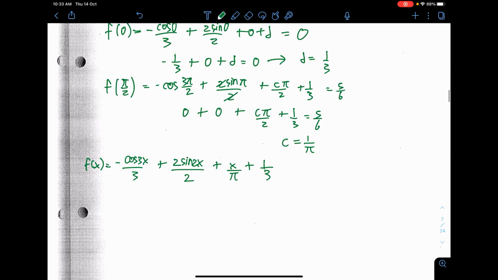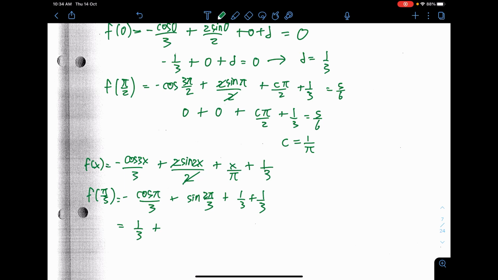Okay, sub in pi over 3 inside. Negative cosine of pi plus, okay, I keep just putting sine of 2 pi over 3. The two will cancel each other, right? This thing. Plus 1 over 3 plus 1 over 3. Okay, so cosine of pi is actually negative 1. So this one becomes positive 1/3.